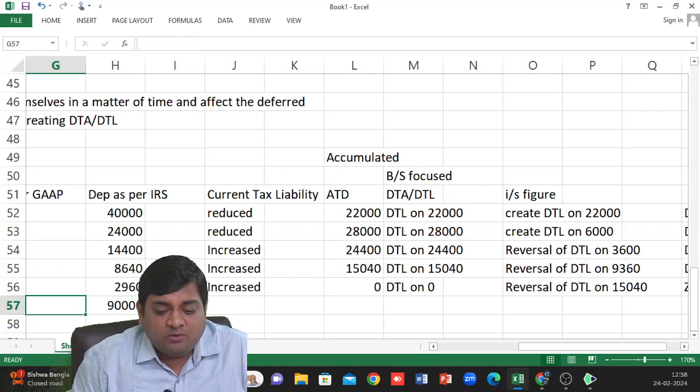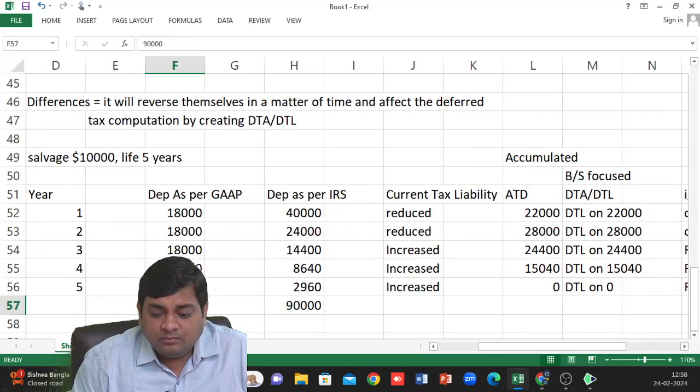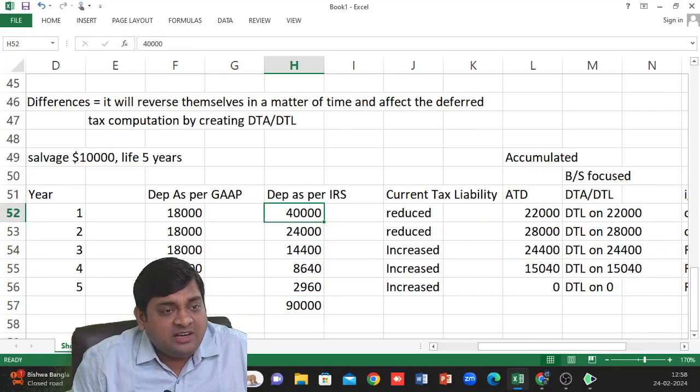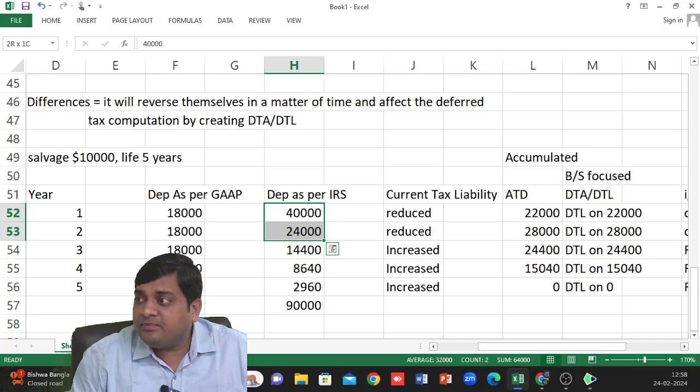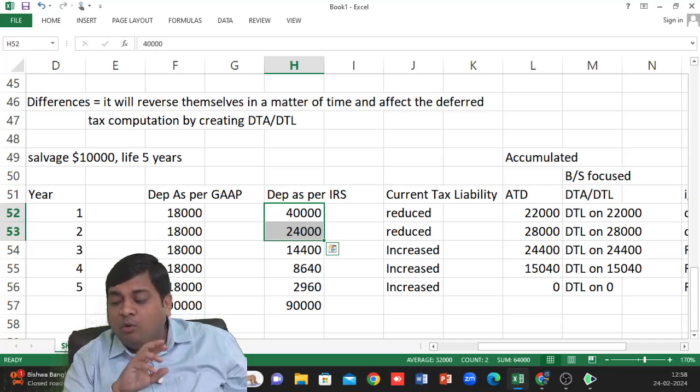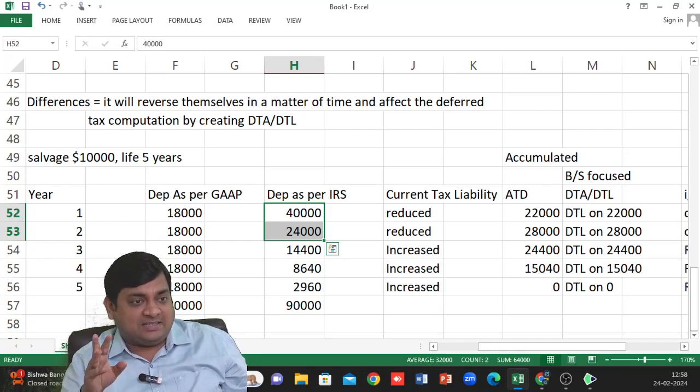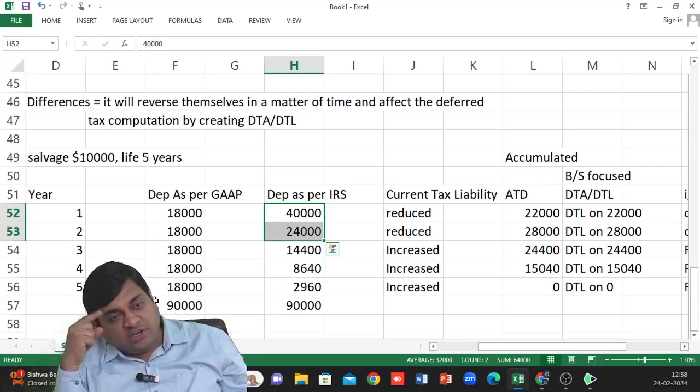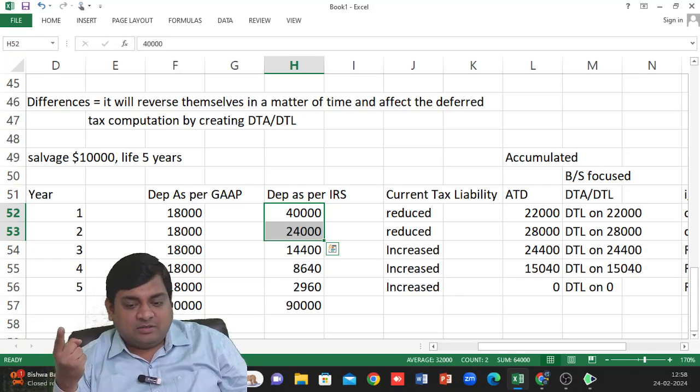So let me just explain you once again. We are claiming more depreciation in initial years, right? More depreciation in initial year means initial year I am paying less tax, but future tax liability will increase. So that is why I am creating deferred tax liability. It is always balance sheet focused. The temporary difference will keep on accumulating,